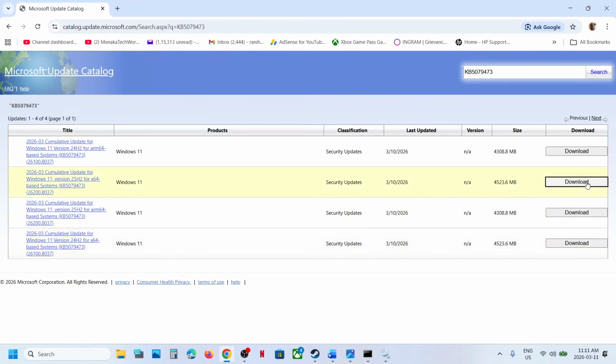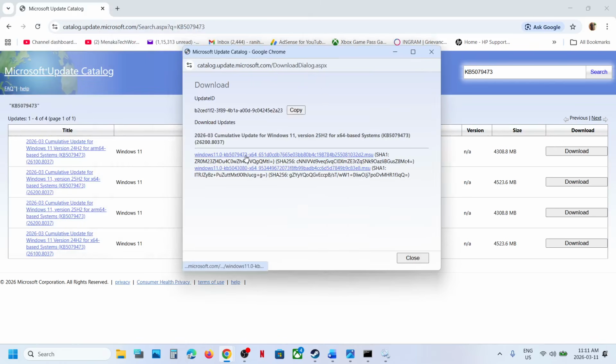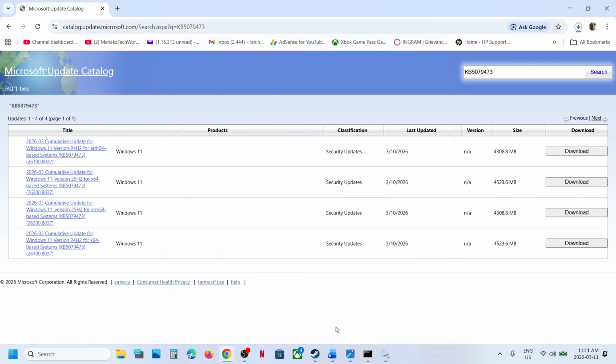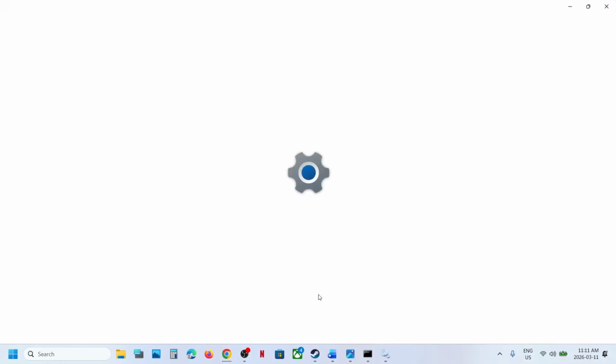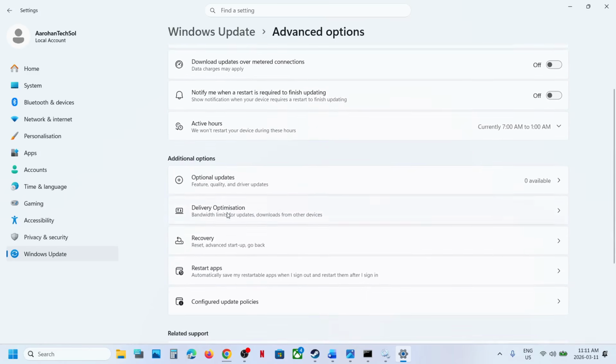Now click on download and click on KB5079473 and let the download complete. Once the download is complete, you can run this, click on this file, install the update manually, restart your computer and then check. Still not working, open Windows settings, go to Windows Update, go to advanced option, scroll down, go